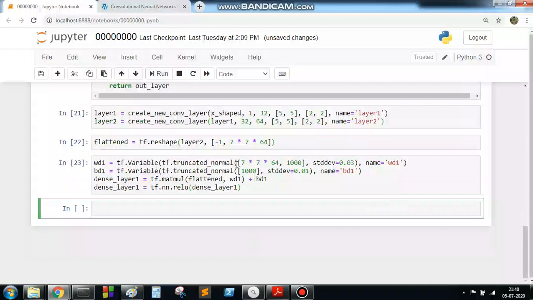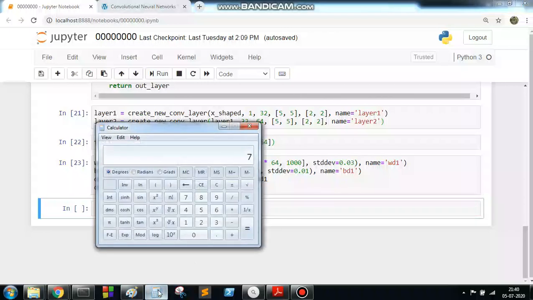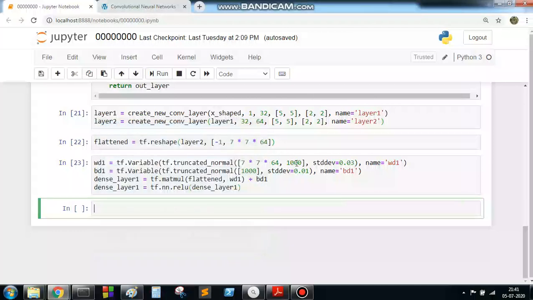Here, the 7 cross 7 cross 64 dimensional vector, which is 3136, is fully connected to a 1000 dimensional vector. Now the output becomes 1000.